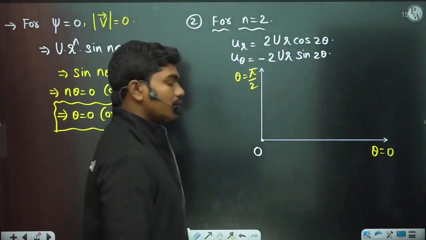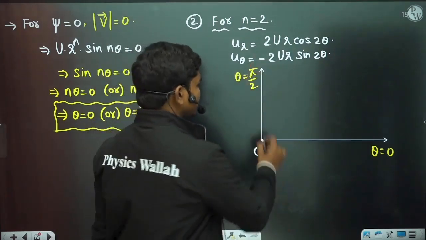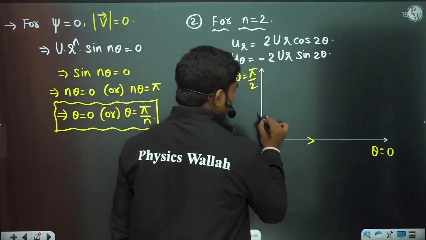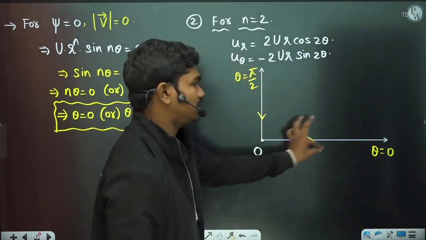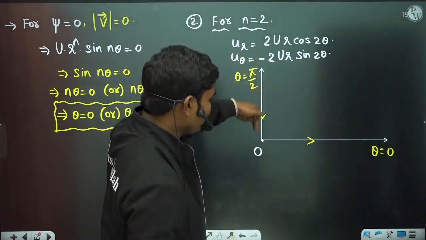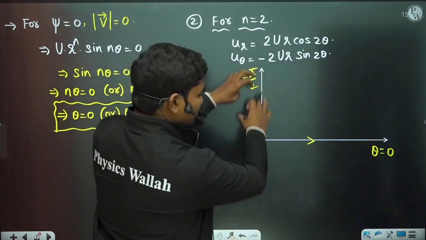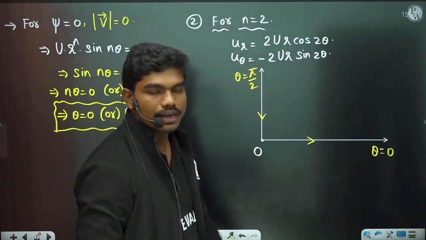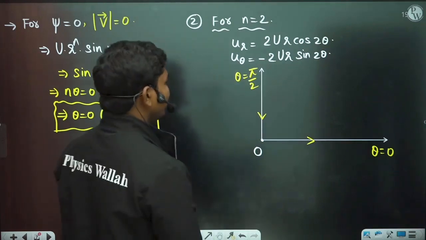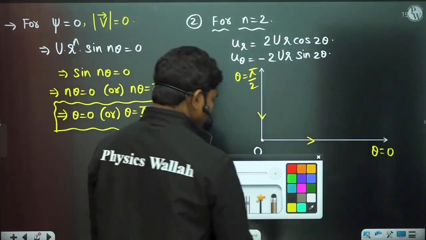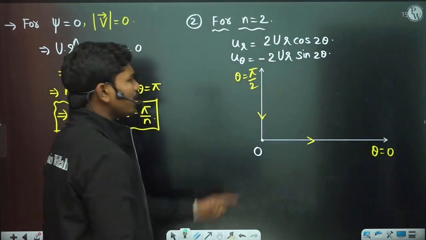Now if this is one streamline, for example, then there cannot be any flow across this streamline. It means practically the fluid is not moving along this layer. In such a case, I can take this as some solid surface, for example. And coming to stream functions, whenever this n is equal to 0, for example, if you see u r